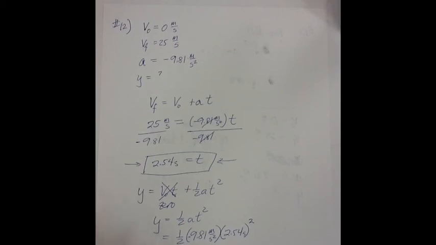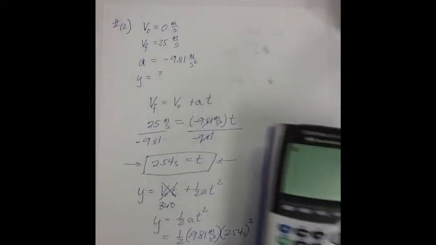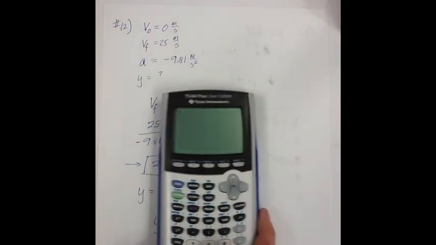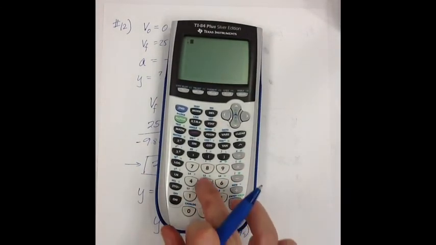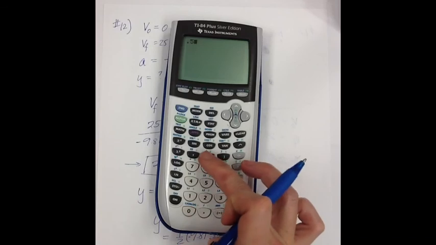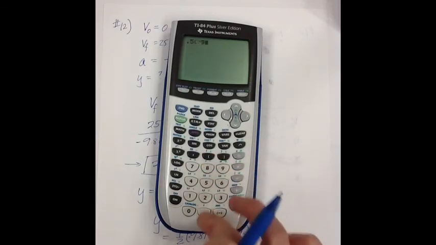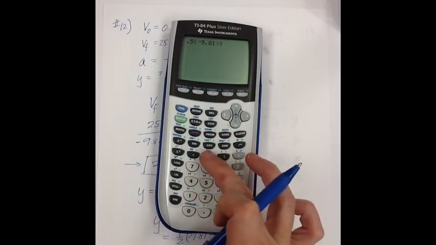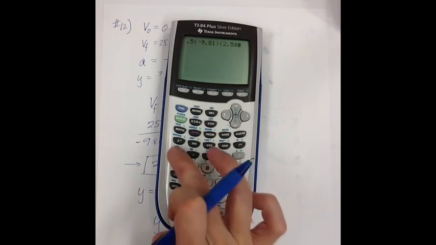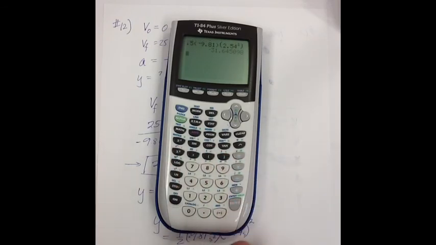So let's go ahead and plug this in back down here. So 2.54 squared, this is how I would plug it in. I would do 0.5 times negative 9.81 times 2.54 squared, and I get negative 31.64 meters. And the reason it's negative is because it's falling